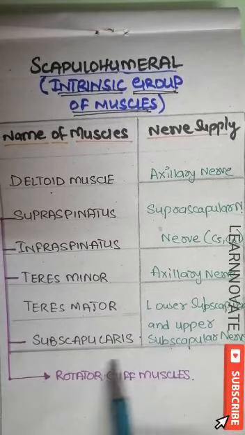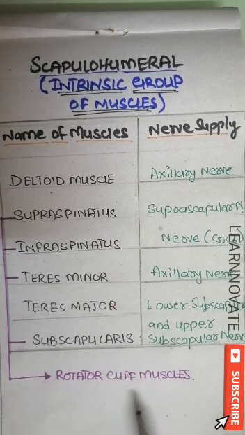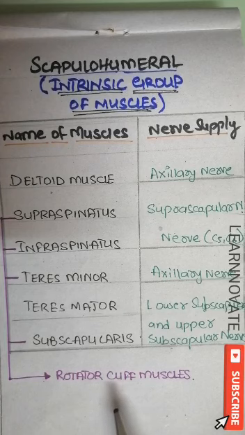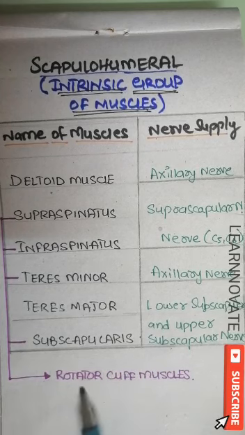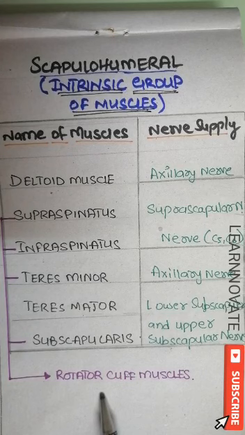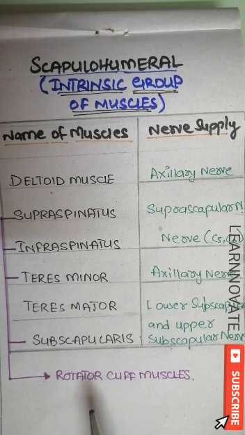These rotator cuff muscles are strong and form a cuff-like structure on the shoulder joint that we have discussed in a separate video. So the shoulder joint is provided strength by these rotator cuff muscles, and they prevent dislocation of the joint. They are so strong that even if the shoulder joint breaks the ligaments, the rotator cuff will not break. So this is a very important support from the four muscles of the scapulohumeral, or the intrinsic group of muscles.